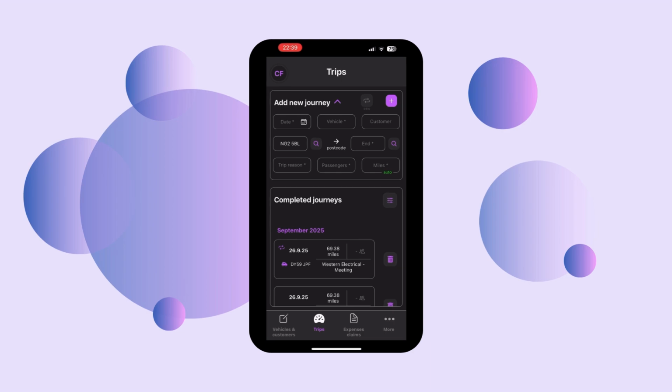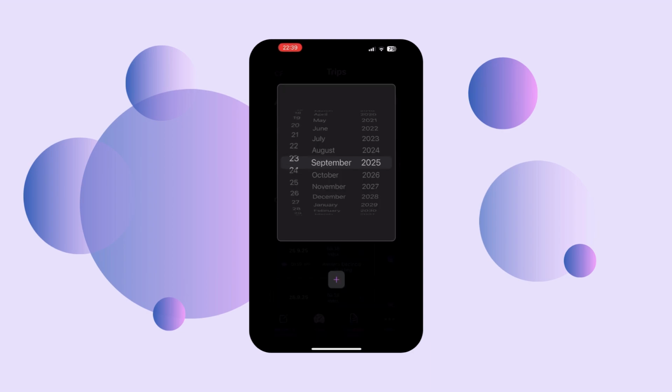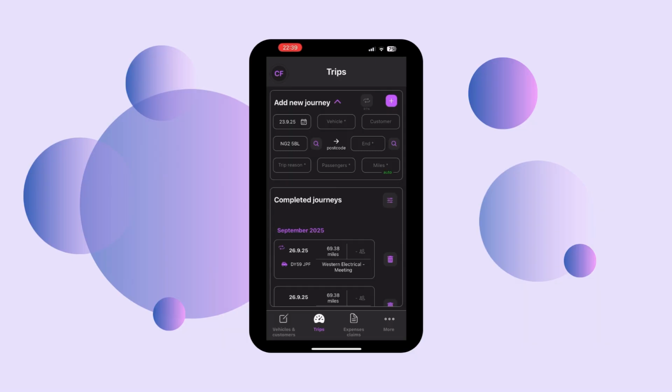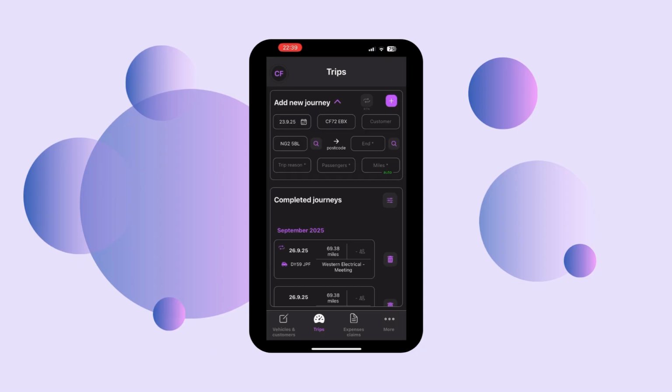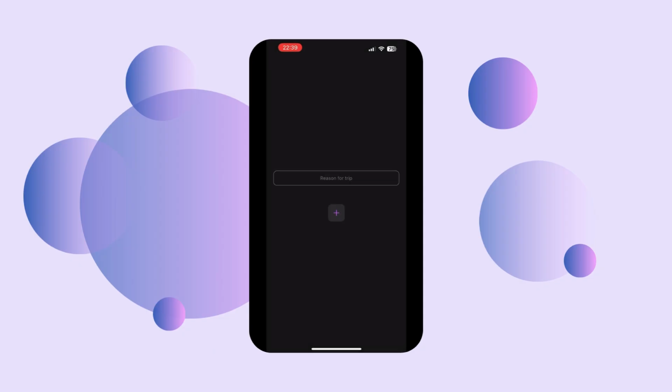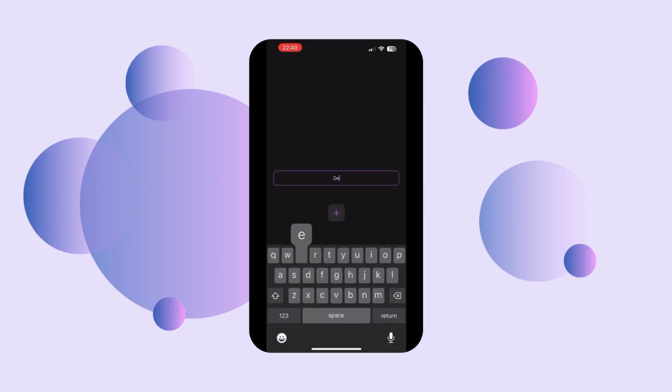Let's add one more journey to give another example. This time we'll select a different vehicle. We're not going to select a customer this time since it's optional. We'll give the reason for our trip, we'll select one passenger, and we're going to manually type in the postcode